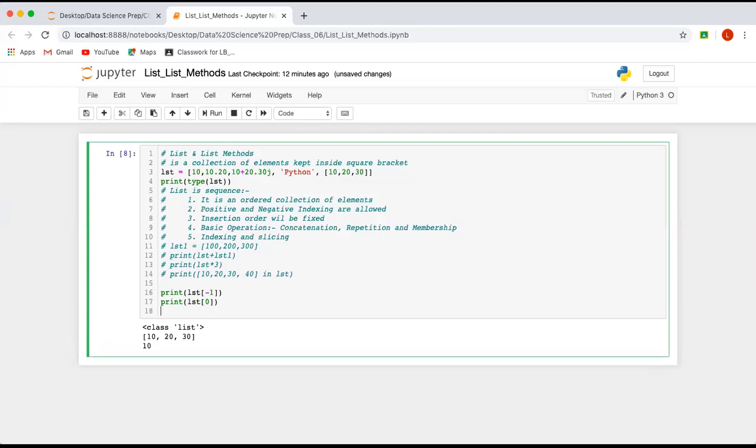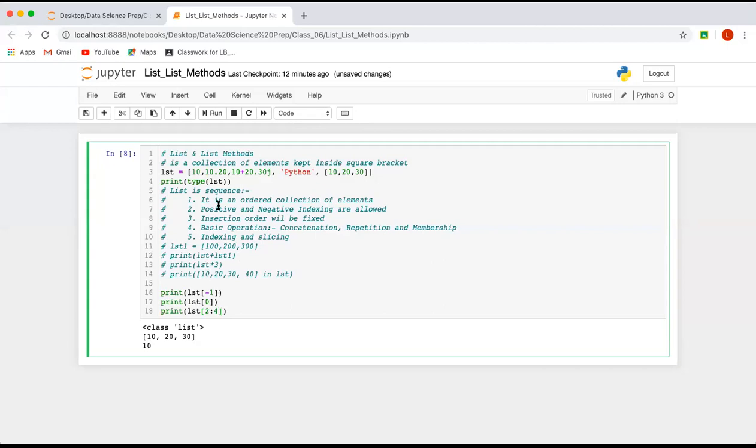Now I want to slice, let's say I want to slice these 2 elements out of this, right? So I want to slice from here 0, 1, 2. I want to slice from 2, so I'll say LST of 2 colon, I want to slice till Python, right? So what is the index of this element? Index of this element is 3, so I'll give +1. So here I will give 4. Okay, so once you give 4, it will take 2 and 3 both.